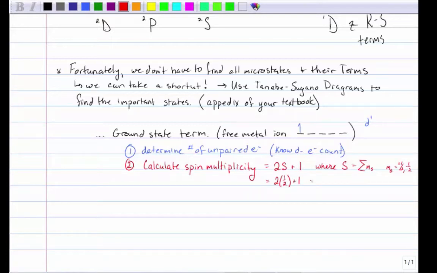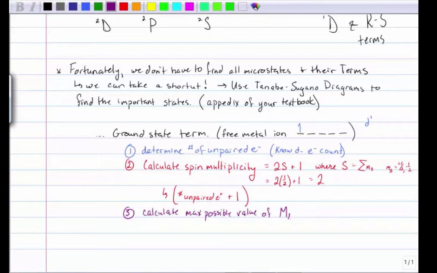The other way to do this, the cheater way, is just the number of unpaired electrons plus 1. So either way you think of it, this will get you to the right number. In this case, the number is 2. Then the third thing to do, after you have the spin multiplicity, in this case 2, which means it's a doublet, is to calculate the maximum possible value of another new quantum number, m sub l,